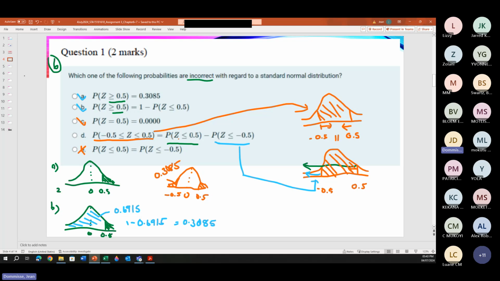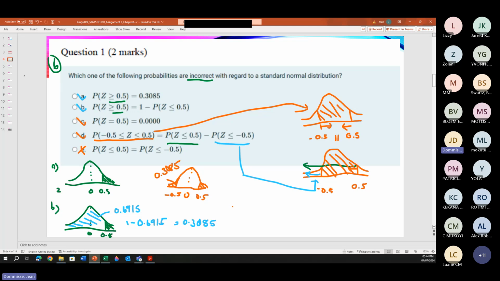Then we say, okay, but is it equal to Z that is smaller or equal to 0.5? So that green area is that whole area. And if we take that green area and we subtract this component, we are left with the orange component. So those two are